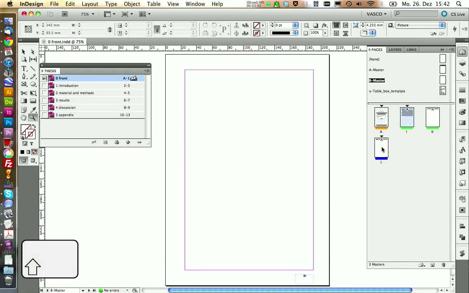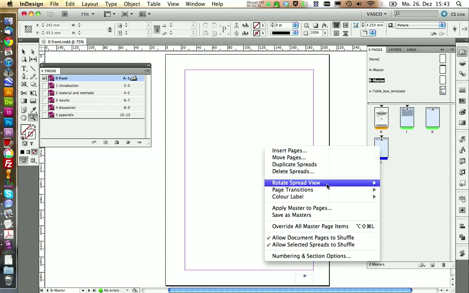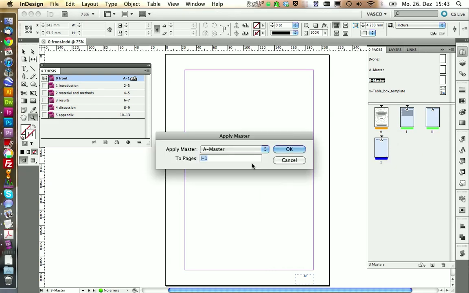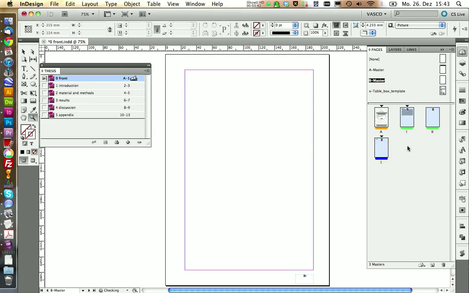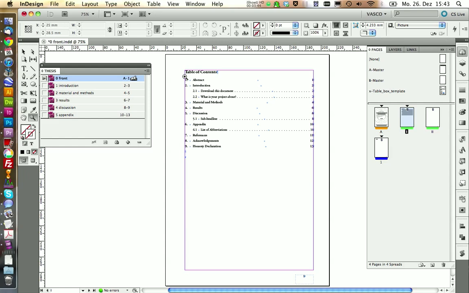And if you want to remove the header, we can just replace master A with master B. Therefore, we're going to select all pages and go to apply master to pages, and we're going to select master B. And we see now that the header is gone, and also the margin was adjusted from 3 to 2 centimeters automatically.